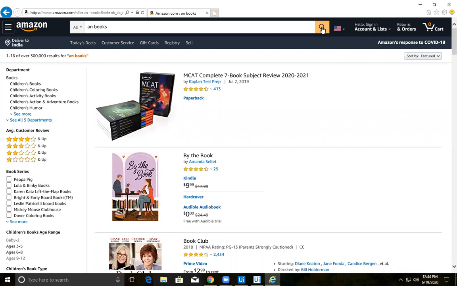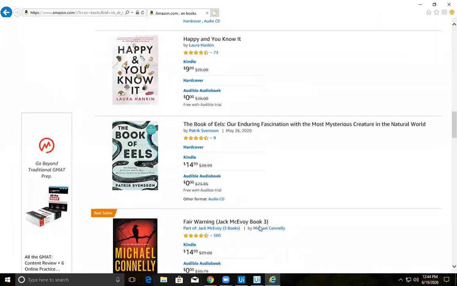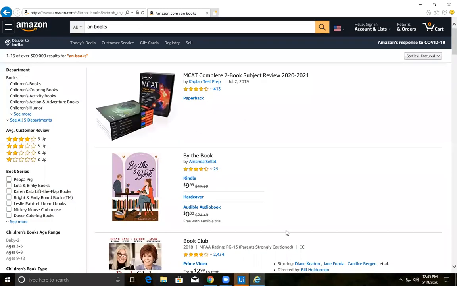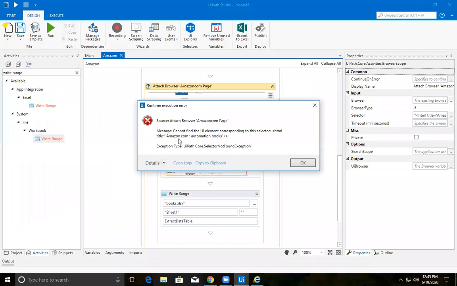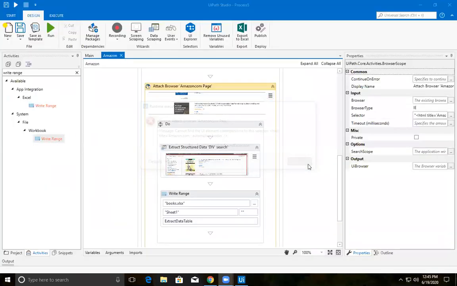Because it doesn't wait, and it is not going to the next step either. It won't, because there will be an error, because what we are searching for is automation books. Yes, it threw an error. What happened here is that immediately after opening the browser, we are typing. That means we are not giving any time for the browser to settle completely. So for that, we can delay it.